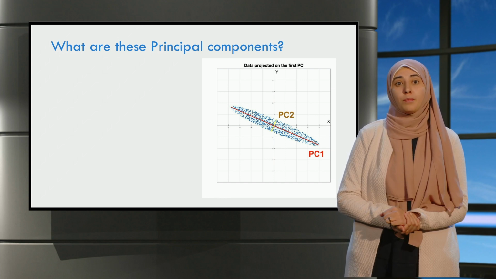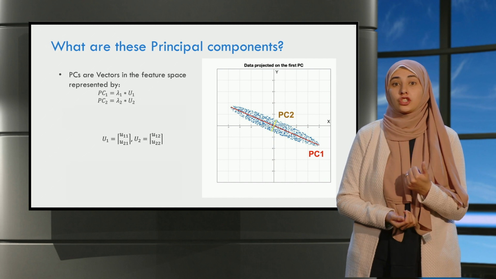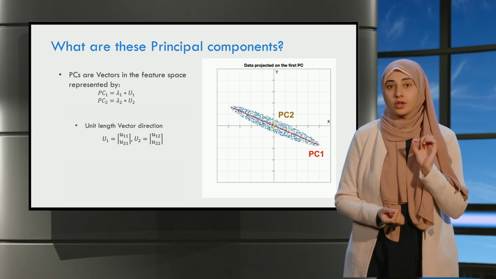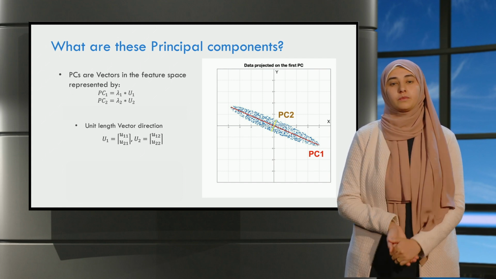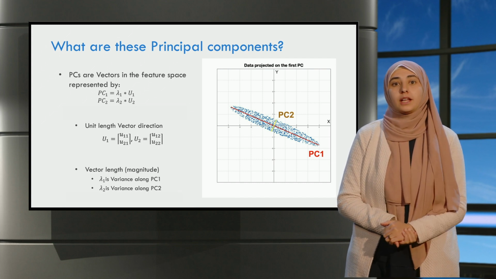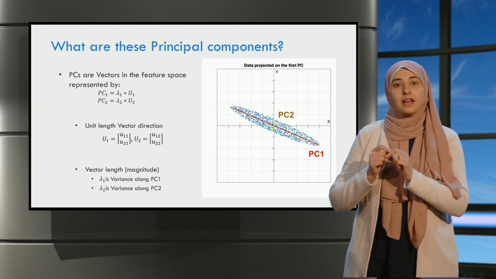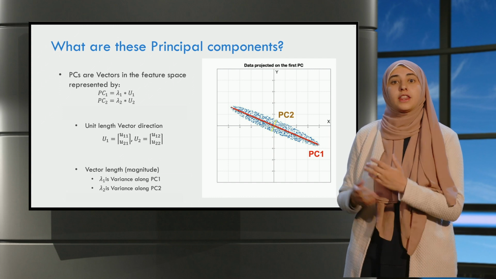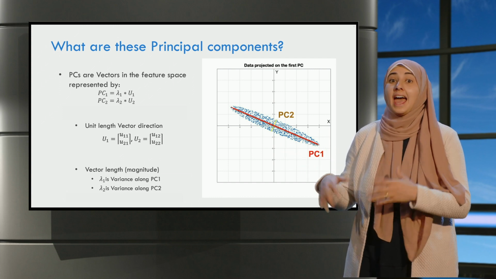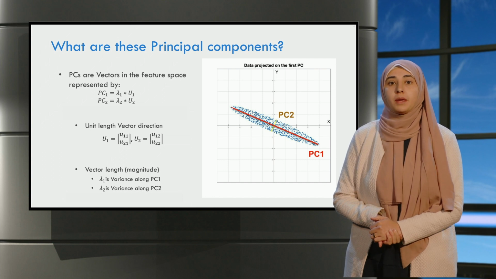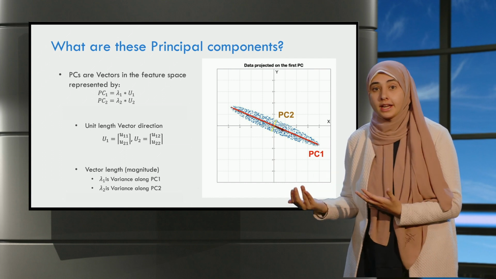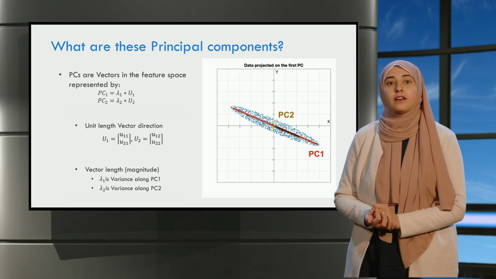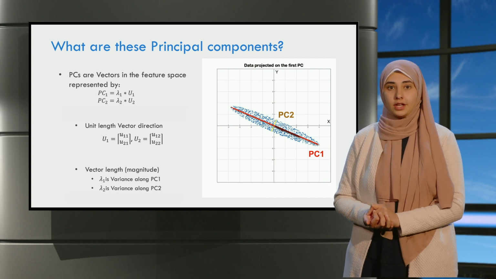Each principal component is represented by a direction of spread or variance denoted by the vector u. These vectors are unit vectors, so their length is equal to 1, and a scalar value lambda corresponds to each direction u. This is the variance of the data along that direction. In our dataset here, the red diagonal line is the first and major principal component, which can be broken down into the diagonal direction u1, and its length will be related to the lambda value, which is the variance of the data on the diagonal direction.